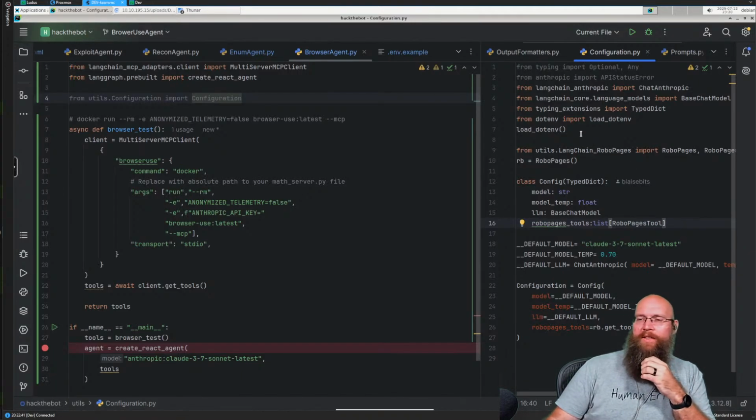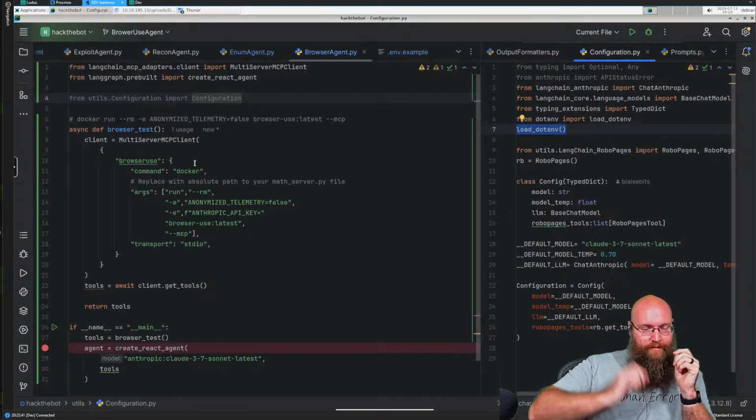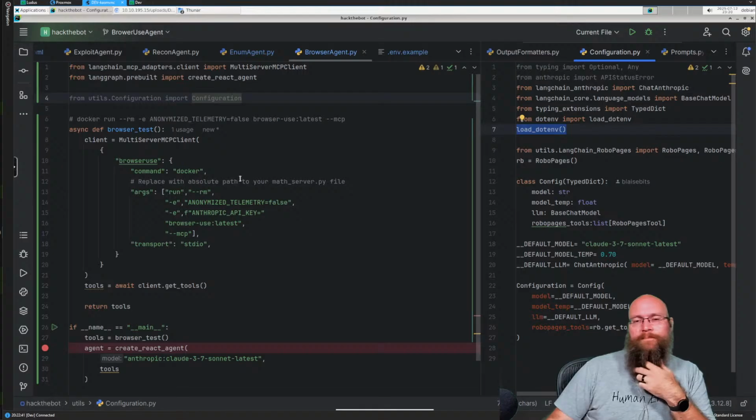The problem is if I run load.env, I think it's going to try to load the .env from here, which is suboptimal, given the way we're executing it. So I think instead,